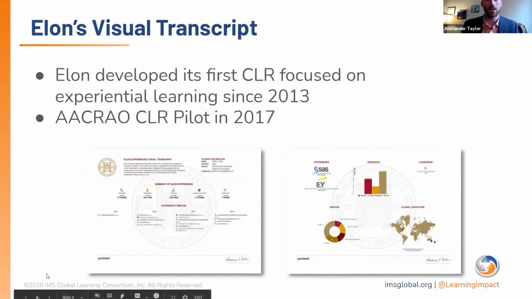But Elon University was one of the first institutions to have developed a comprehensive learner record based on our high impact practices. Also from Mike Sisson, I worked at AACRAO as a research intern and employee for a little bit of time as well. And so I guess to start off, when we were first developing our comprehensive learner record,